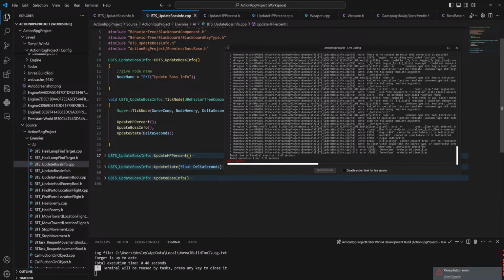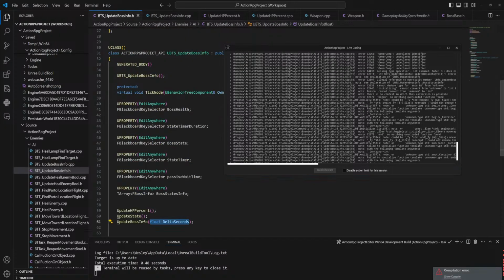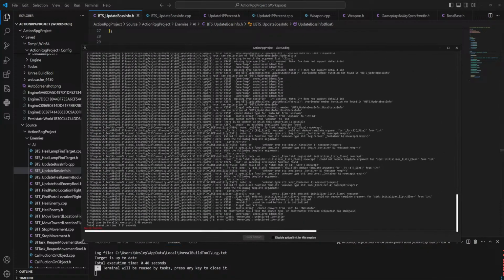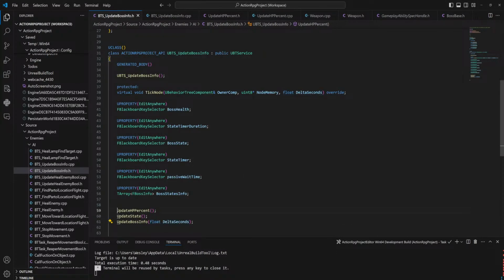Okay, there's a compiling error. What is the error? Missing type specifier interzoomed. Oh. Yeah. That is on me.